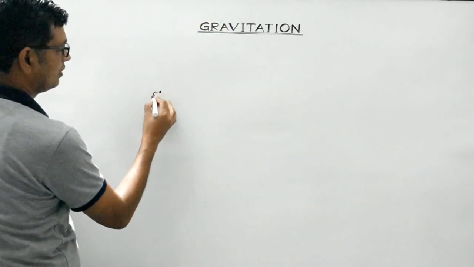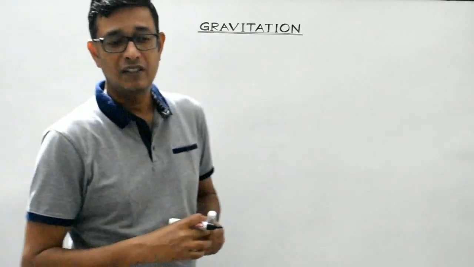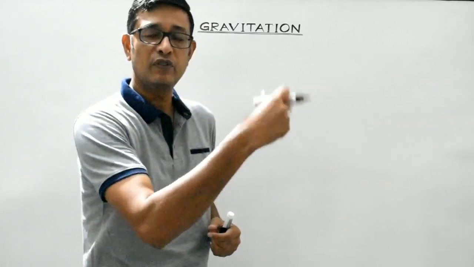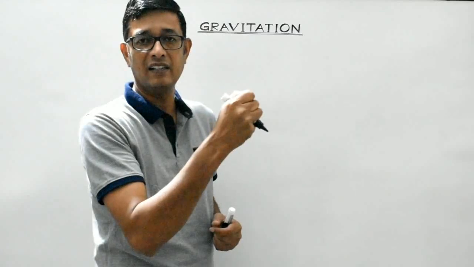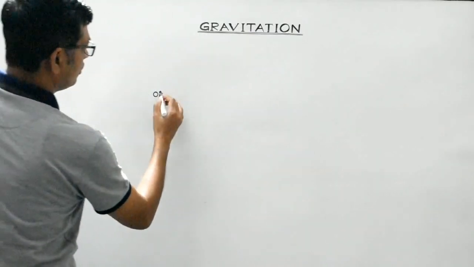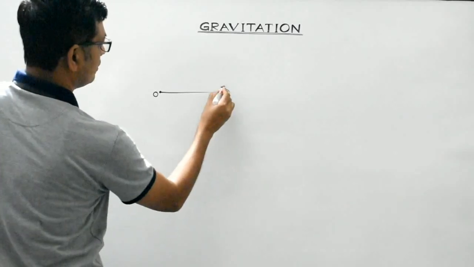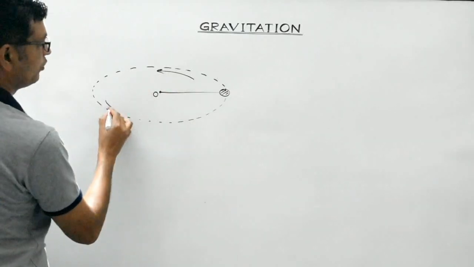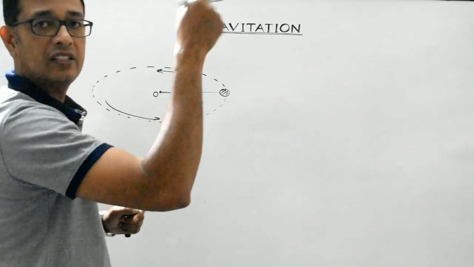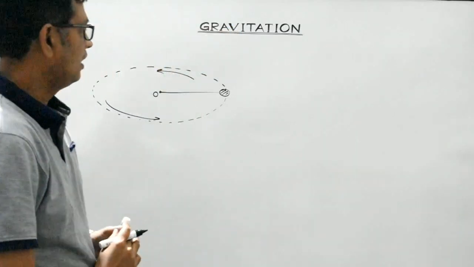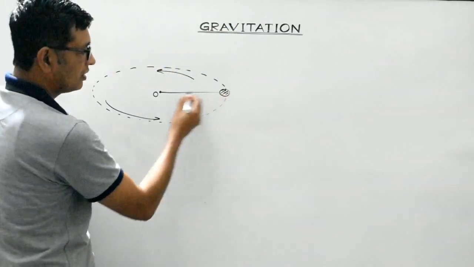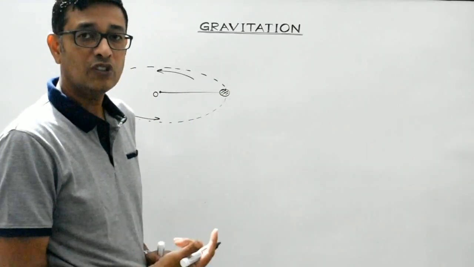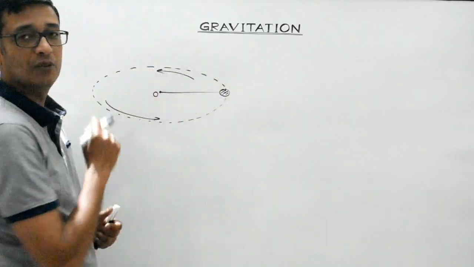Suppose we take a string and we tie a stone or a ball on one end of this string, and the other end is held by a hand, and it is whirled. So, its motion would be like this. This will be the motion of the ball, right? Suppose it is moving along this direction, right? It is whirled in a circular path. Now what happens is, there is some force along the length of the string that is known as the tension in this string. That force enables this body to move along the circular path, right?